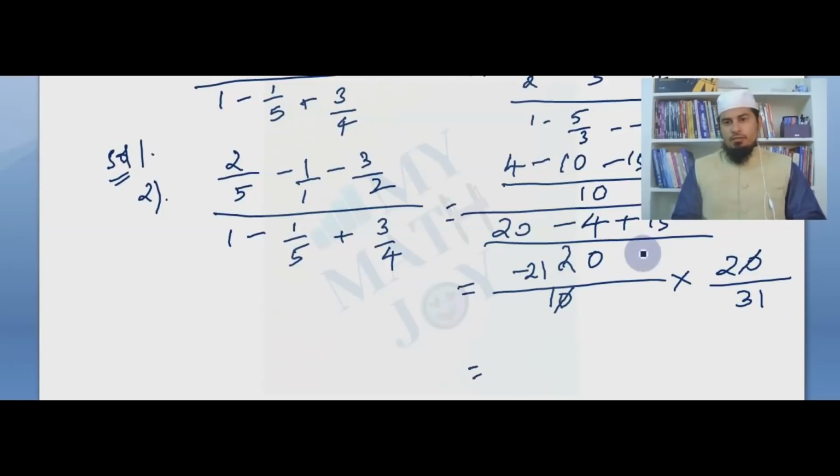Is there any cancellation further? No. So minus 21 times 2 is minus 42 divided by 31 is the answer. In this way we have done a problem on a fraction of a fraction type. So I request you to take the practice questions. 3 more questions are waiting. Please take your pen and paper, practice and proceed. Come on. Here you can pause the video, do your work and proceed.